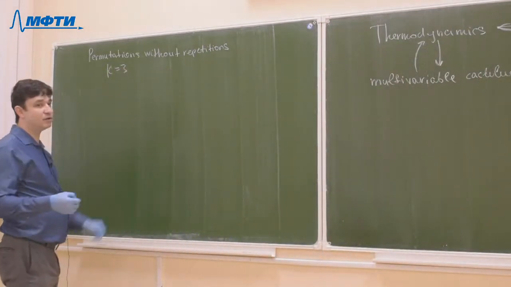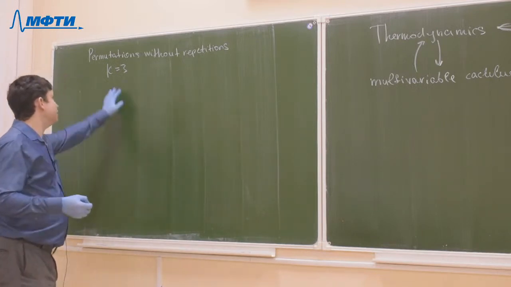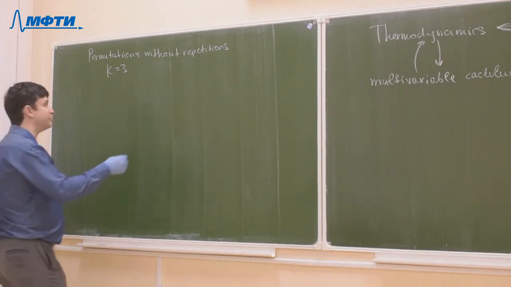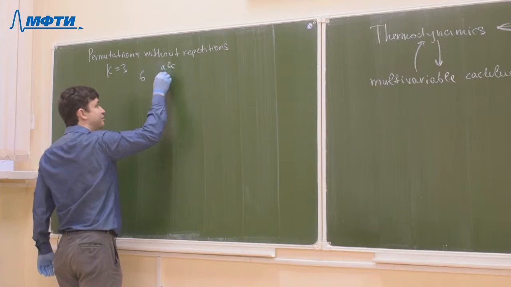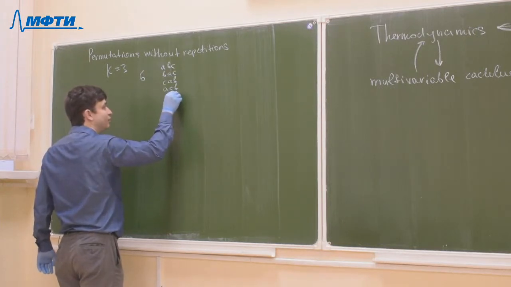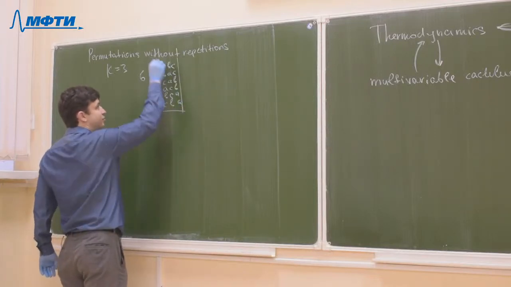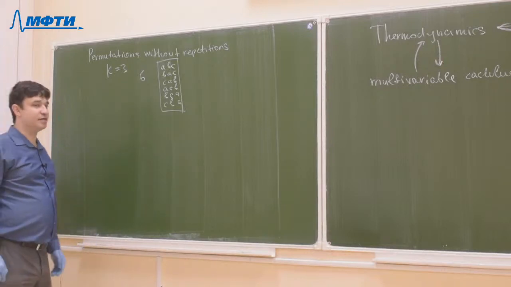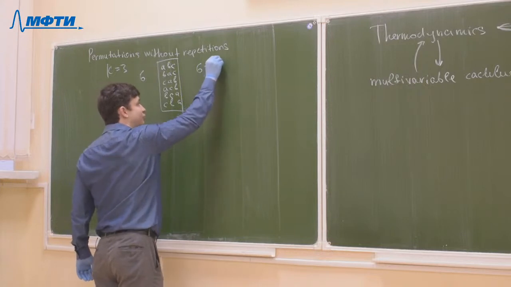Sir, if K is less than 3, can we call it a permutation also? Yeah, it can also be called a permutation. So when we have 3 letters, the number of words is 6. I can even write all of them: A, B, C; B, A, C; C, A, B; A, C, B; B, C, A; C, B, A. So altogether I have 6 words, and as was said previously, this number is 3 factorial,